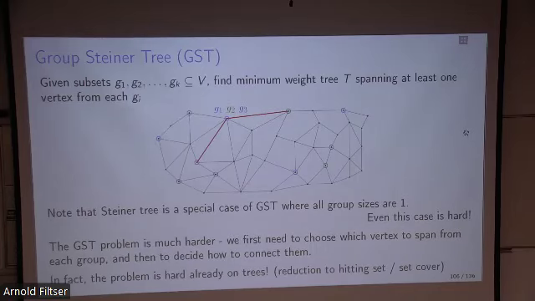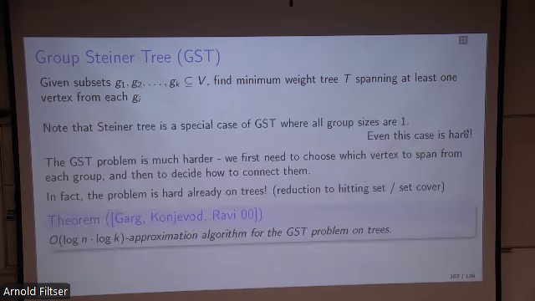It's actually already hard even on trees. You can do a reduction to set cover or hitting set. You saw these problems? If yes, good. If not, doesn't matter. We'll see it in the future. So these are also basic NP-hard problems. So even on trees, this problem is already hard. However, for trees, we have some smart approximation algorithms by Garg, Konjevod, and Ravi. So they showed that given an instance of the group Steiner tree problem on a tree, so think even on a tree, it's not simple because